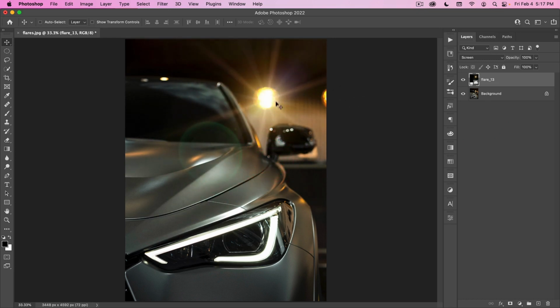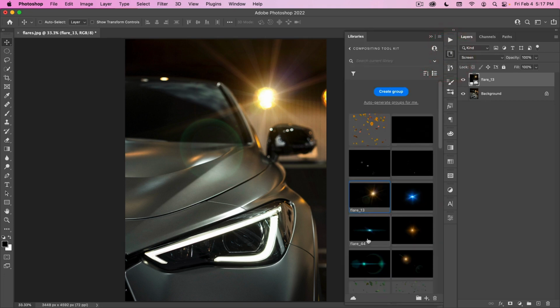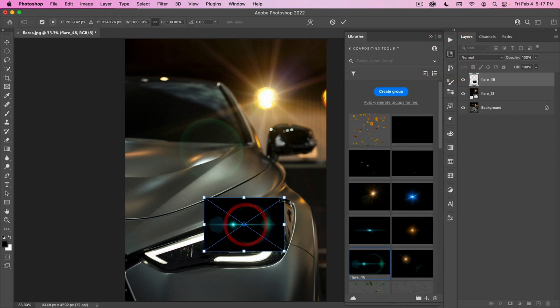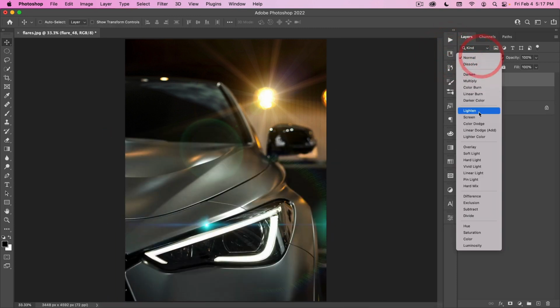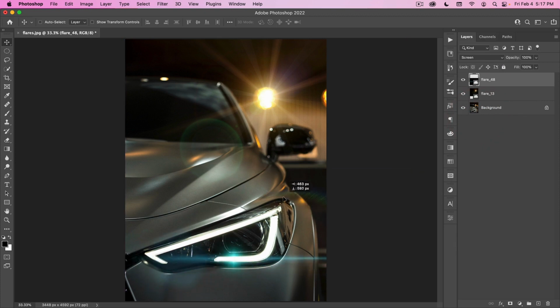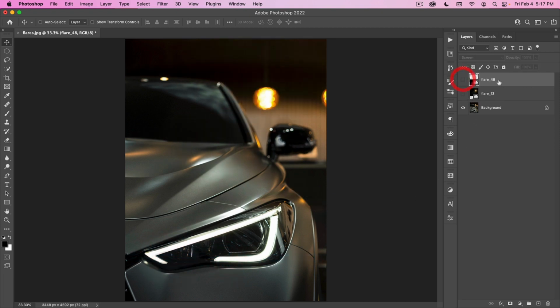And generally you want to line them up with a light source that's already in your file. So in this case, I would put it right there. And maybe go back in here, select this one here, and maybe put that on screen as well. Maybe line this one up with this light here. And for this, we might even want to use our lightsaber effect. So let me turn off the flares real quick.